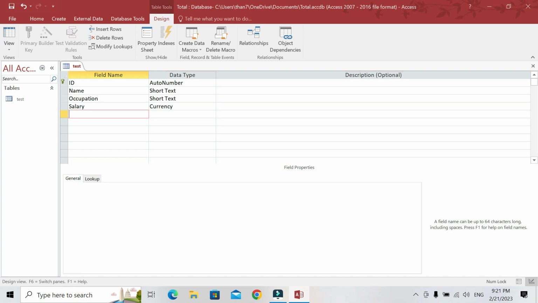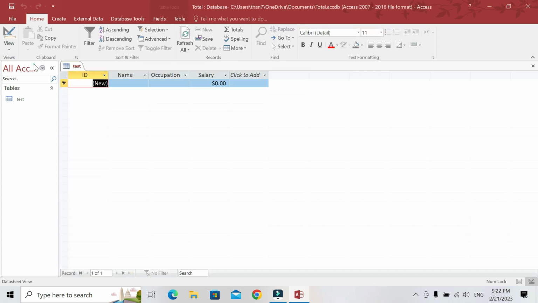Whatever you do in Microsoft Access, the main point is you have to save. So click the save button here. That's it. And then let's go back to the datasheet view. Click here. There we go. So that is ID, name, occupation, salary.